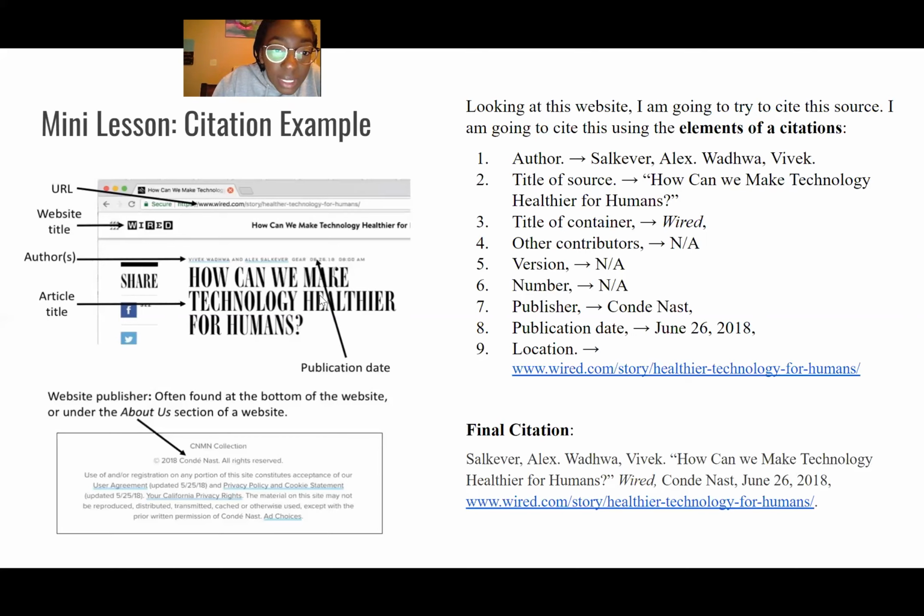And so it says publication date. The date is at the top right next to the name of the authors. And so I've put June 26, 2018. The location is the link at the top. And if you notice, I took out the HTTP, whatever that mess is at the beginning of the link, and I only put where it starts with